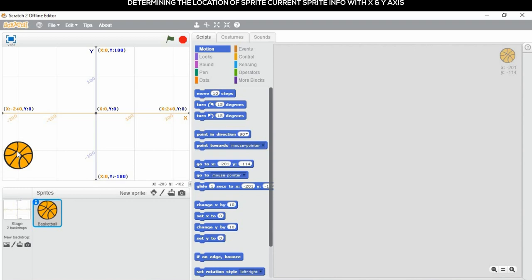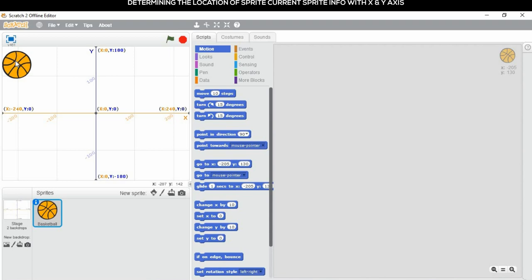When I am moving my sprite towards the left top corner, now the value of x will be minus 207 and y will be plus 142.